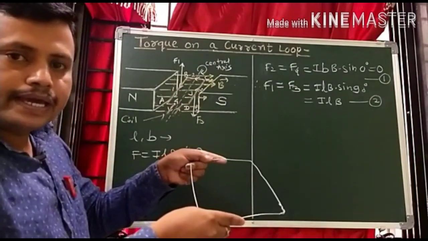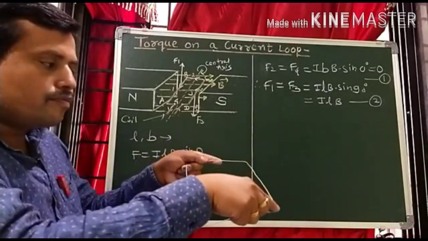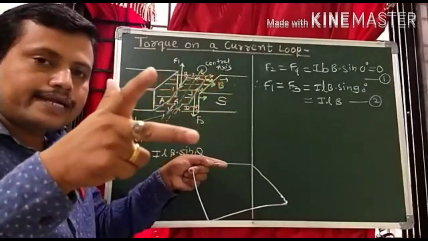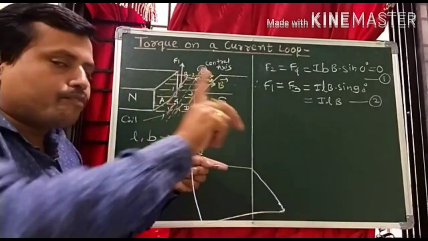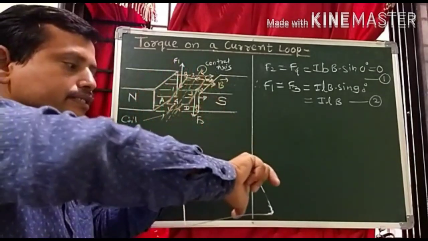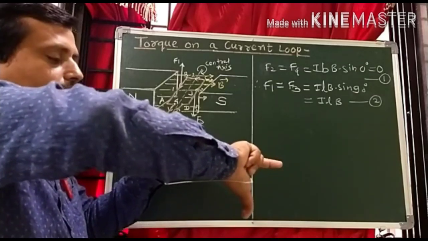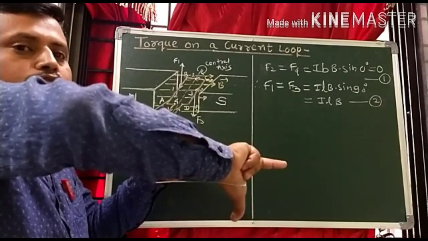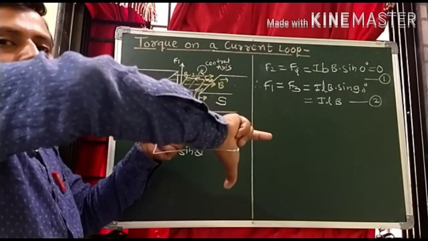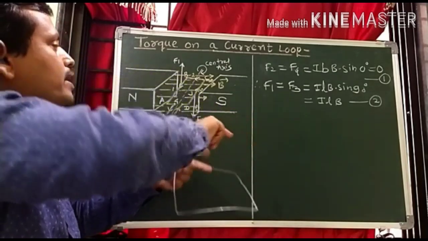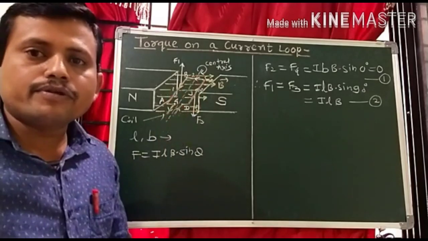Suppose this is the rectangular loop ABCD. This is the side DC. Current passing through DC is from D to C. Hold your right hand in such a way that three fingers are mutually perpendicular to each other. Pointing finger is in the direction of current, middle finger is in the direction of magnetic field, and then the thumb gives the direction of magnetic force acting on this side. Here the force due to the magnetic field is in the downward direction, that is shown here by F3, which is downward and perpendicular to the plane of the rectangular coil.